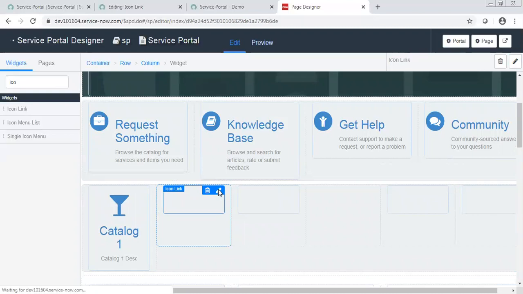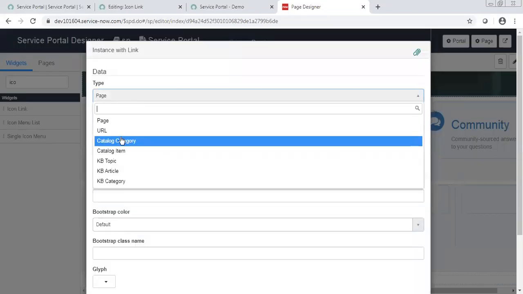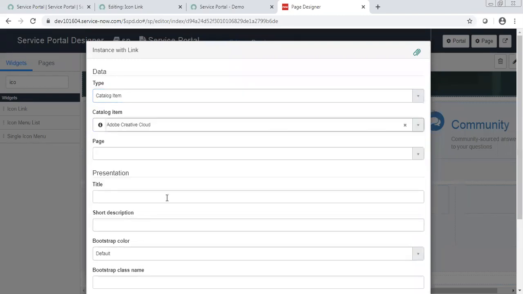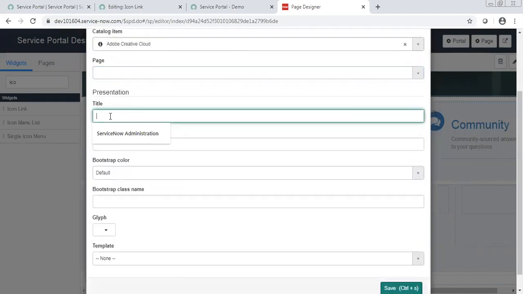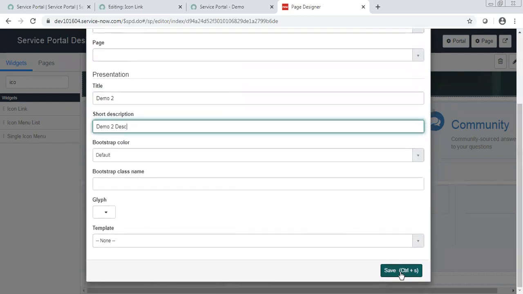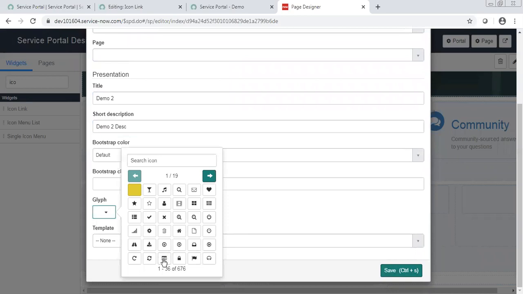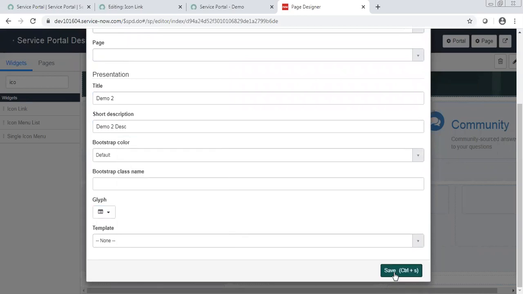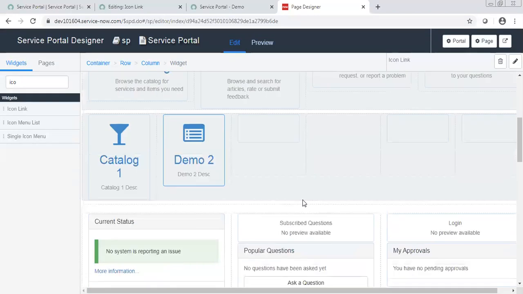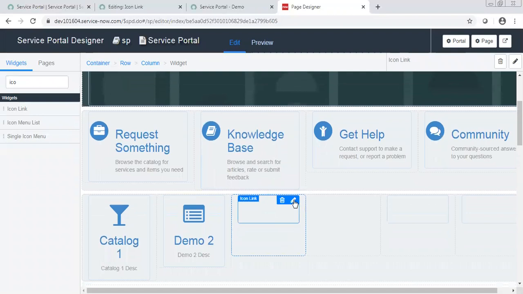So similarly, in the second one, if you want to move it to another catalog item, then you can say demo2. Then you can edit it.